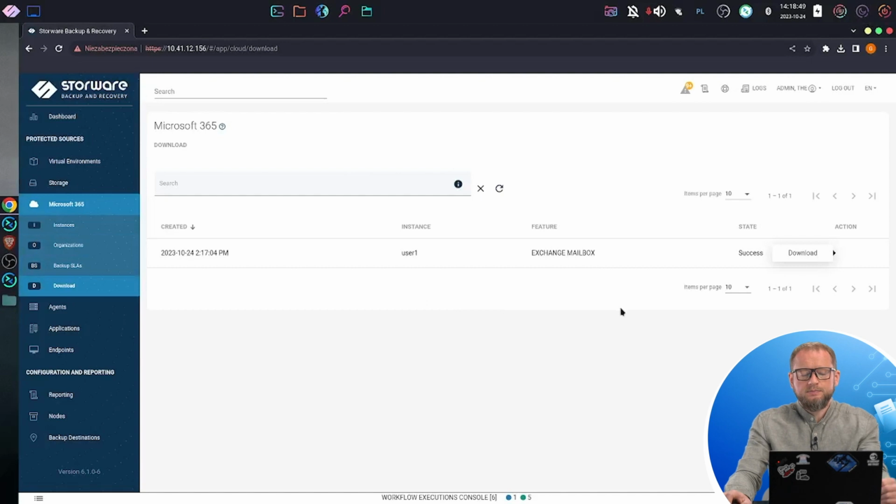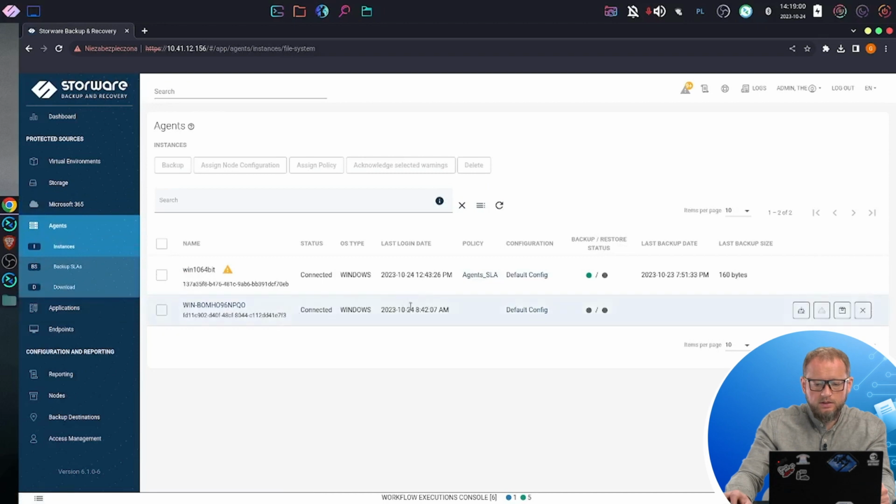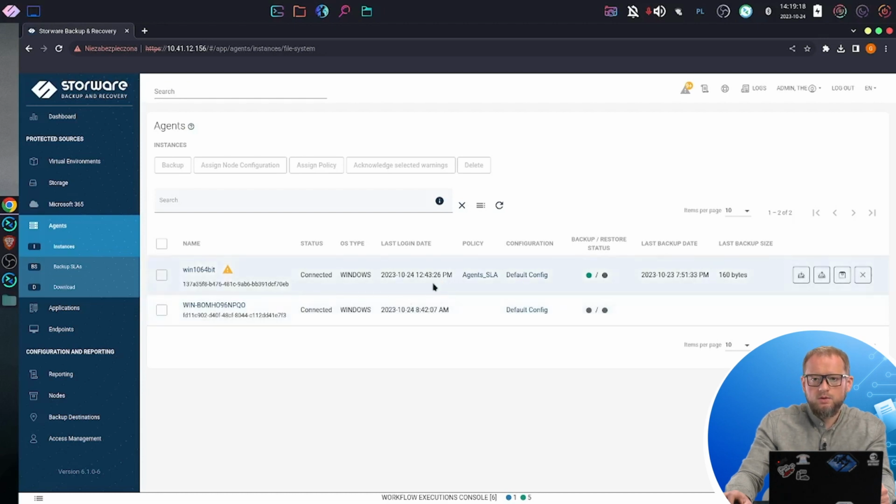The next feature that we have to cover today is a file level backup of an agent. So let's go to the Agents tab. Agents, like its name, it's backup done through the agents that are installed on a target operating system. We have ready-to-use packages for the Windows and for the Linux operating system. So you can download the agent from our repository,